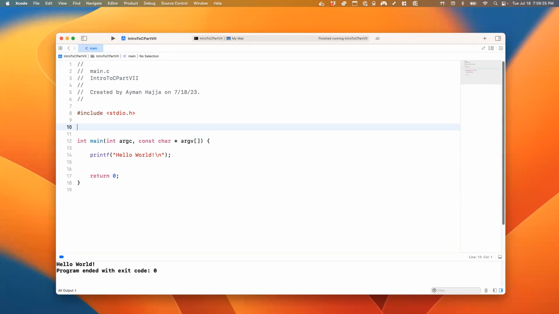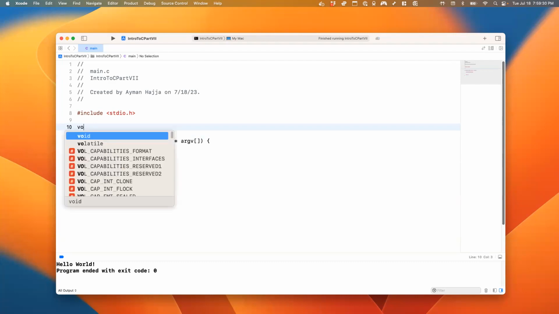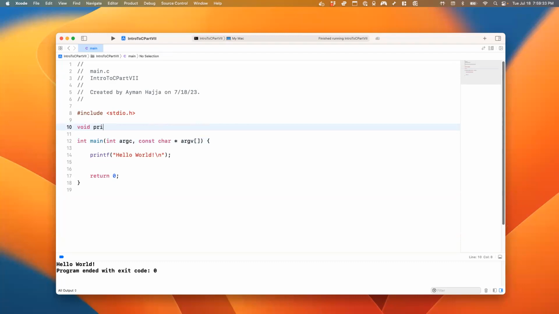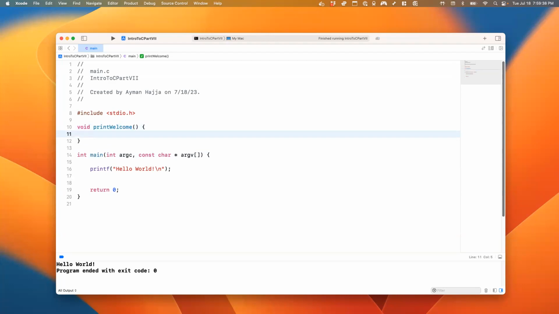So let's say I want to start with a simple function. So a function that doesn't return anything. And this function is just going to print welcome. So notice that it's void. So it doesn't return anything. And notice also that it doesn't contain anything here, which means that I'm not passing anything to it. And here I can print welcome to CSCI 250